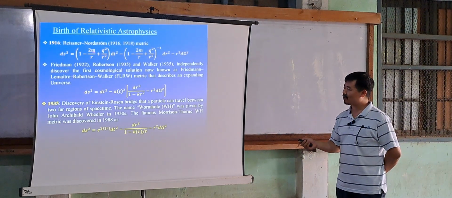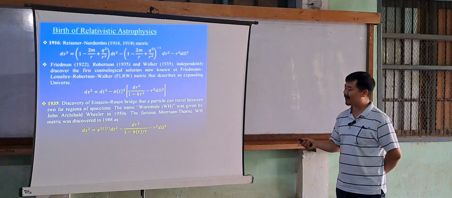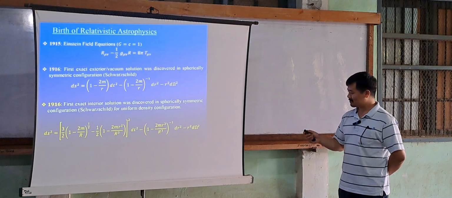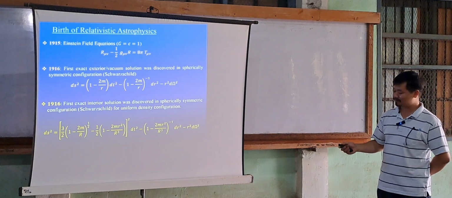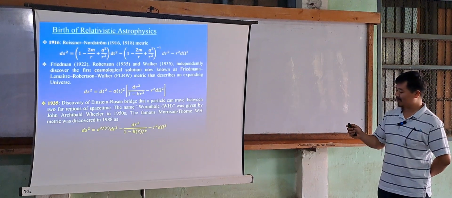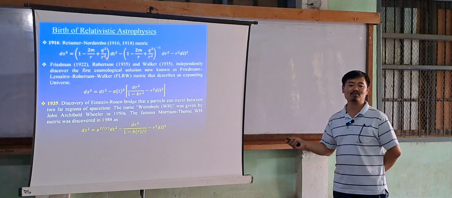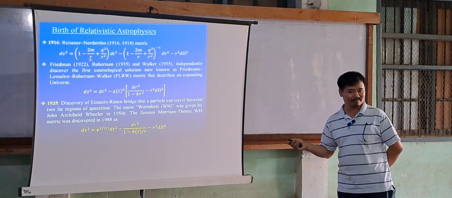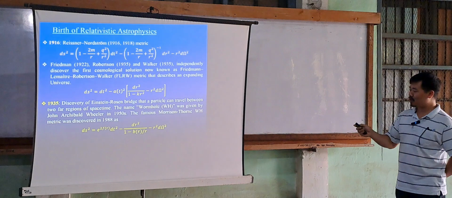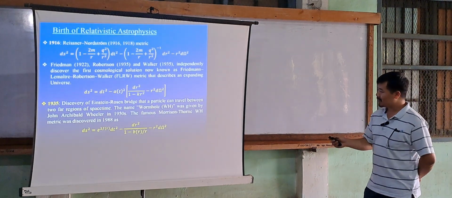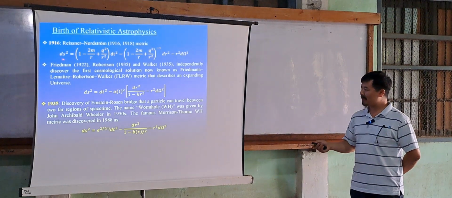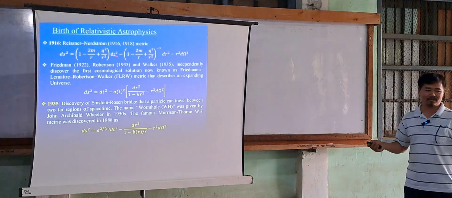Okay, so the Schwarzschild black hole has only one horizon at r equal to 2m, but in the Reissner-Nordstrom solution there are two horizons. Okay, we will not go into the details because the physics behind that is a lot of things that can be done. Next, we will not discuss the cosmological part, but in 1922 and 1935, separately,